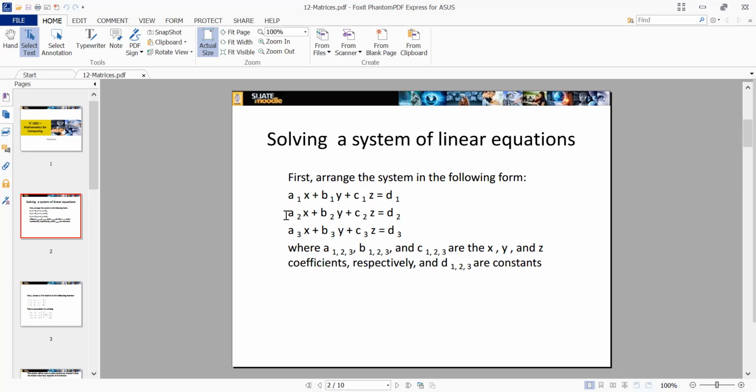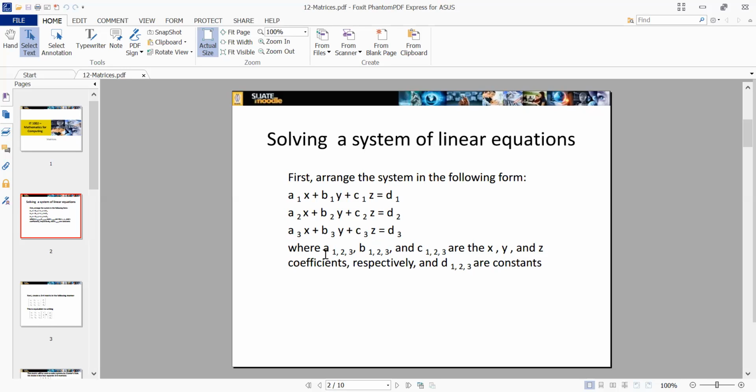You have to note one thing here. If you see this, it is something like a 3 into 3 matrix. You can do it for a 3 into 2 matrix or 4 into 4, it can be any size, but in your case you will have a maximum of 3 into 3 matrix only. That's why I'm giving you this example. We have x, y, z and 3 equations, therefore it will be a 3 into 3 matrix.